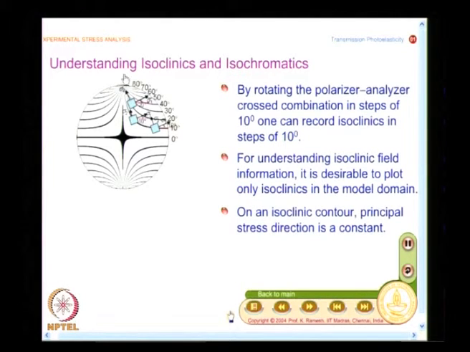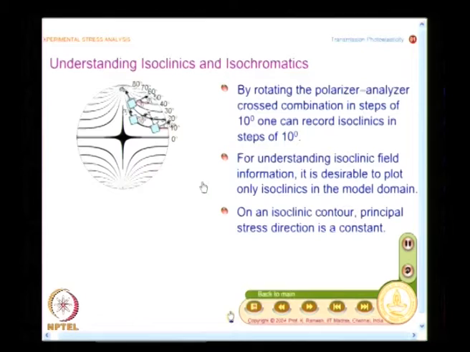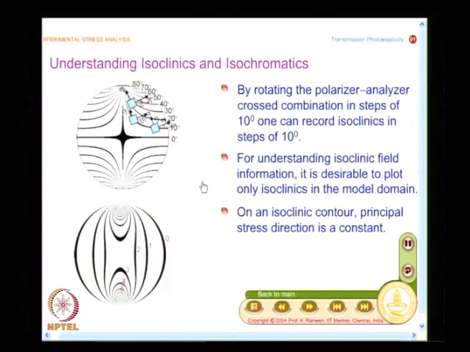So, what you have as isoclinic is a little subtle, and for me to get plots of this nature, I need to conduct a series of experiments, and from that you record them carefully in a conventional photoelastic analysis. And we will look at what are isochromatics. We have looked at what are isoclinics, we will look at what are isochromatics.